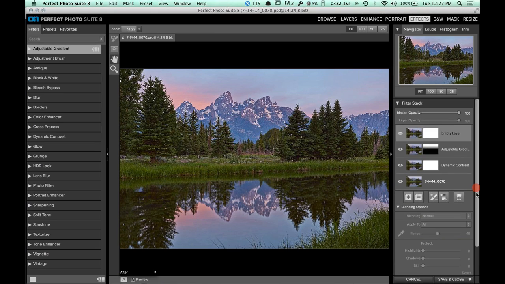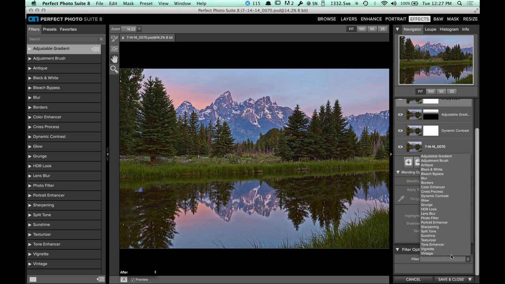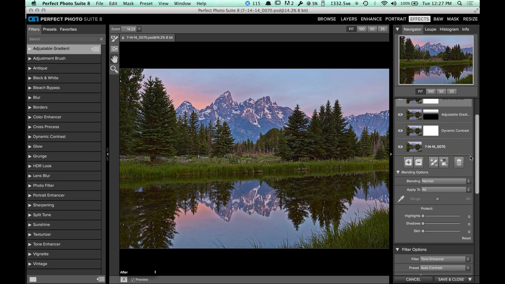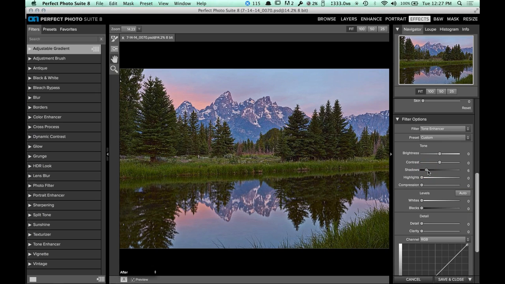entire photo. Okay, I'm going to hit a new layer, and we will go into tone enhancer because I want to scroll down here, turn off the auto. And what I want to do is just bring up my shadows a little bit. Now this is where you can get a little too crazy. And if I bring this up all the way to the right, we can see that the photo's getting flat